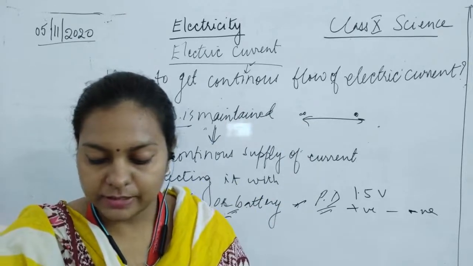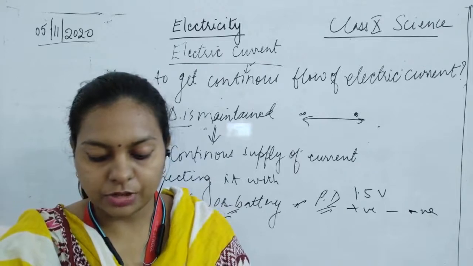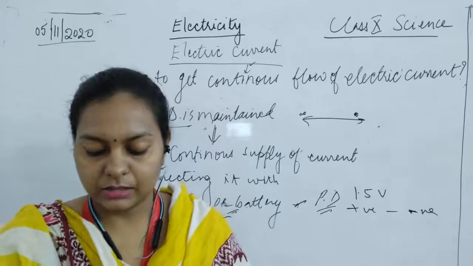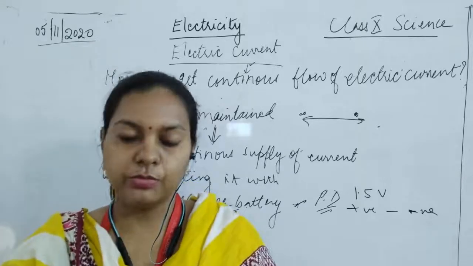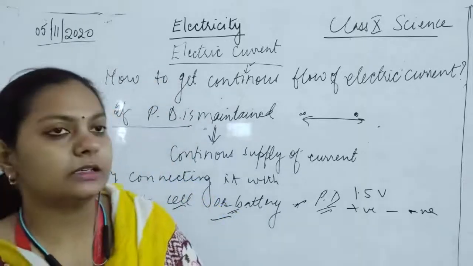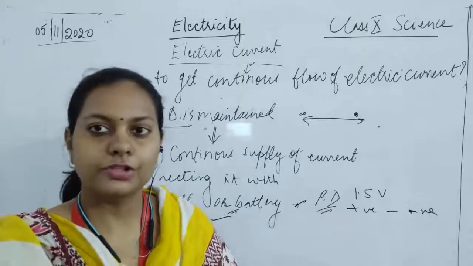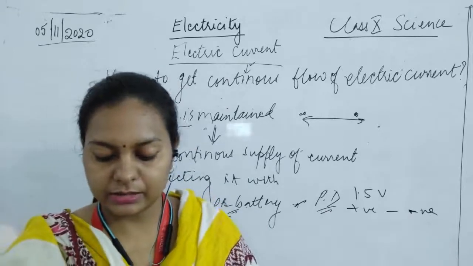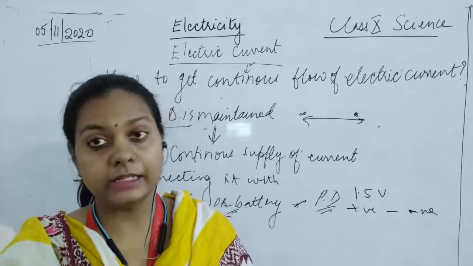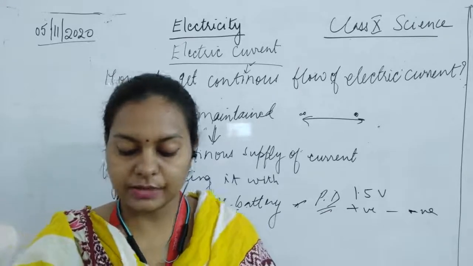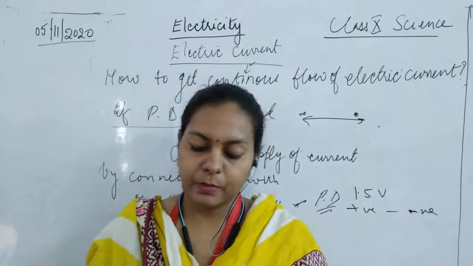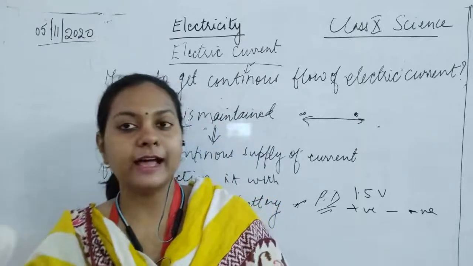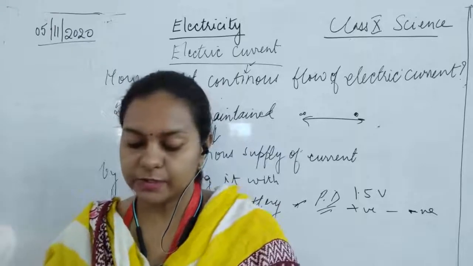So what happens when the dry cell is connected to a torch or a copper wire or something, wherever it is connected? The current starts flowing in the copper wire, due to which the bulb which is present inside the torch or the lamp starts burning. Now, in order to maintain the current in the external circuit, the cell has to expend the chemical energy which is stored in it. So it is going to give out the chemical energy which is present inside the cell.